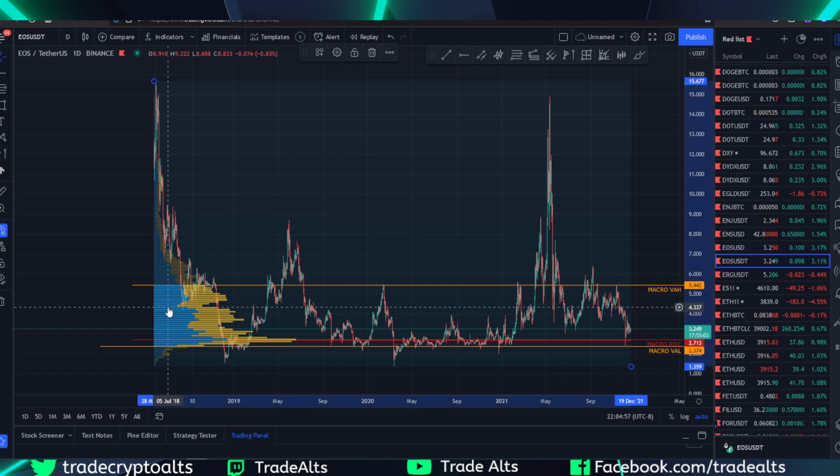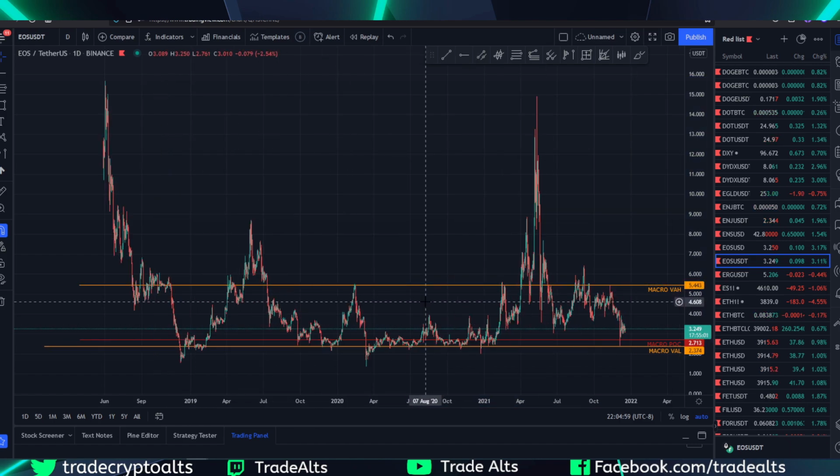I'm going to go ahead and delete this. And already, this actually channels pretty nicely as far as your macro value areas. They actually channel really nicely, and the majority of the price action is contained within this range. So if you were to draw